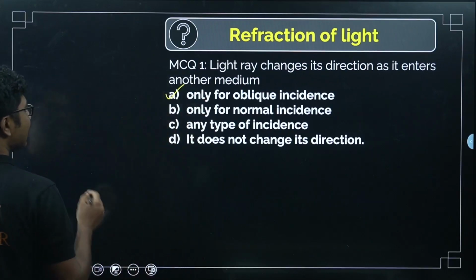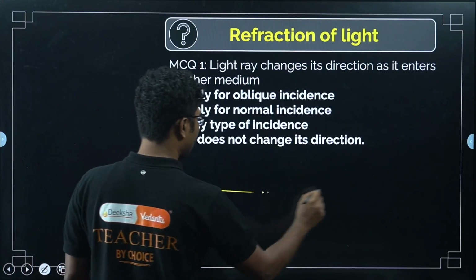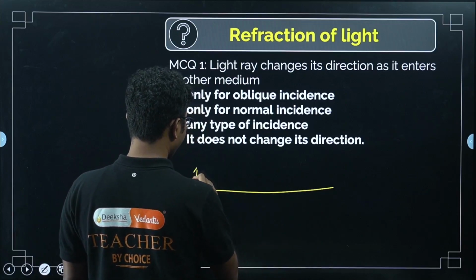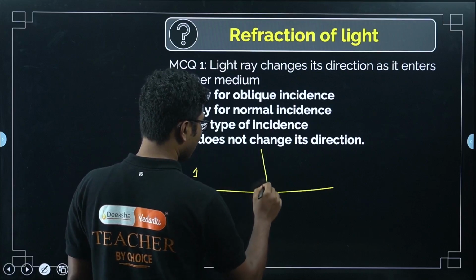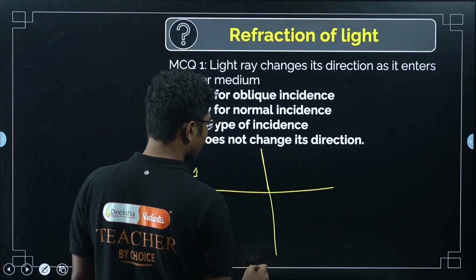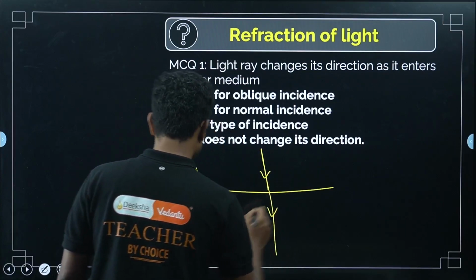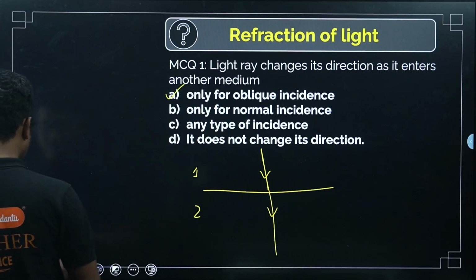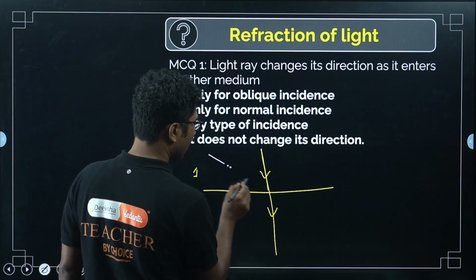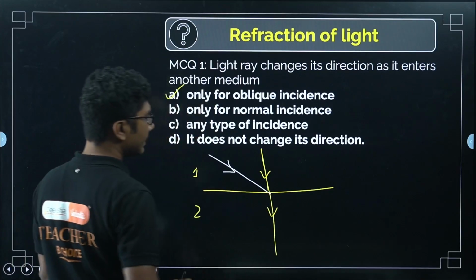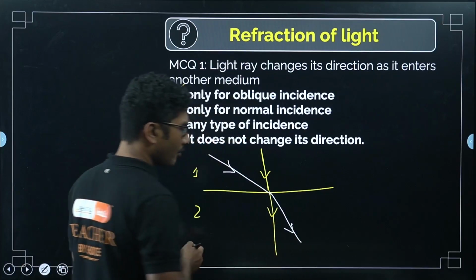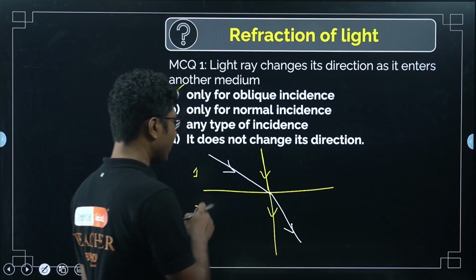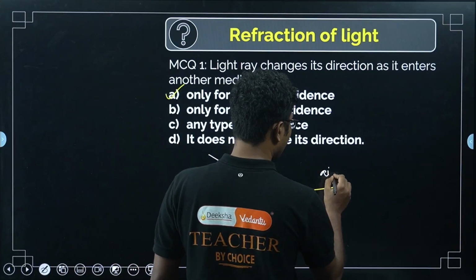For any other incidence, for example, if there are two media, a first medium and a second medium, and the light ray is incident normally, it will not change its direction, it will go straight. But if you are considering oblique incidence, for example, if a light ray is incident like this, then it will change its direction based on, obviously, the refractive index of the second medium. Now let's assume this is air, this is water,